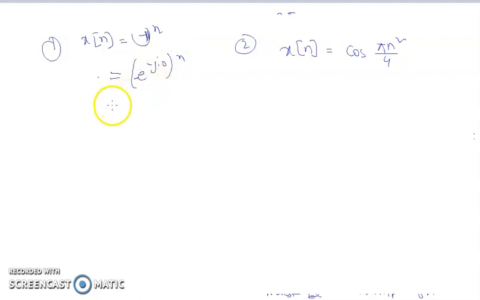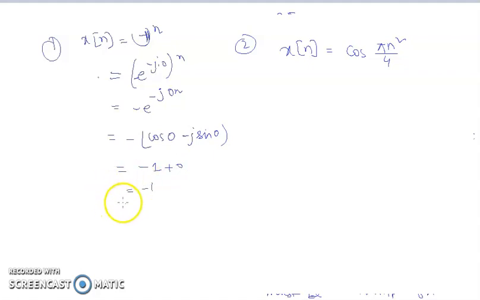So you can write minus e to the power minus j 0 n, or equal to minus of cos theta means cos 0 minus j sin 0. So it is equal to minus 1 plus 0, or equal to minus 1,